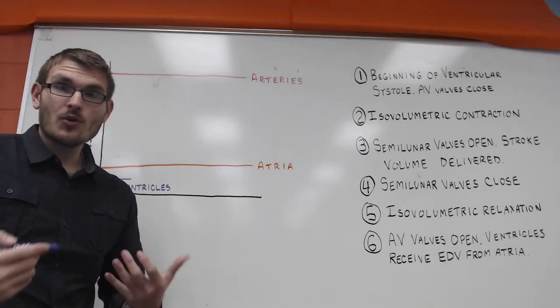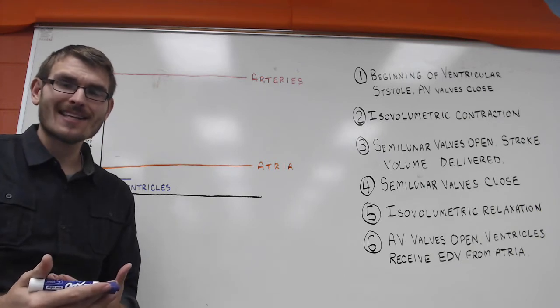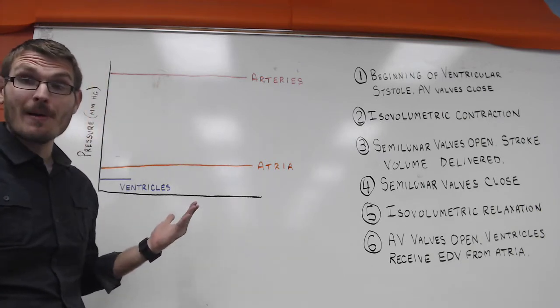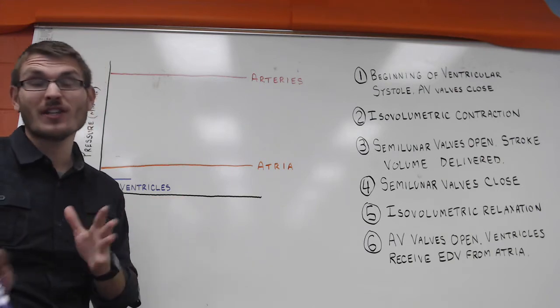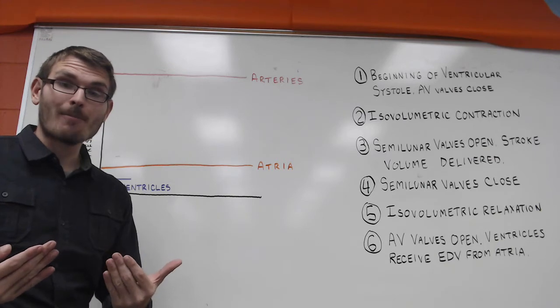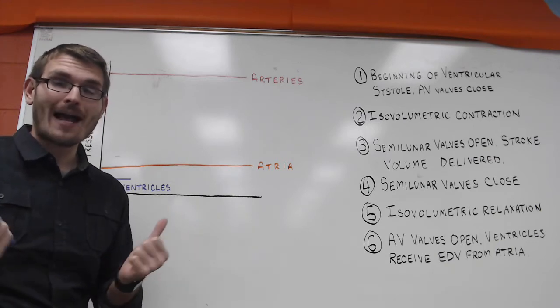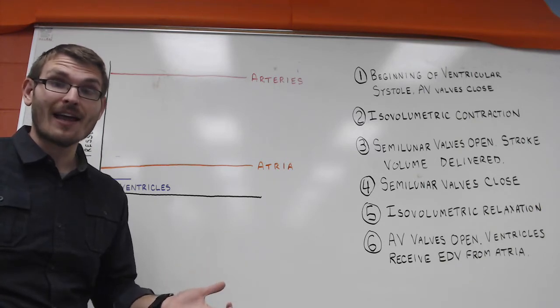Okay, so what we're going to do here is walk ourselves through one round of the cardiac cycle, and we're going to do this from the perspective of the pressure inside of either the left or the right ventricle. It doesn't really matter which one we're talking about because the ventricular myocardium is going to all contract and relax at the same time, so the contraction and the workings of the left and the right ventricle